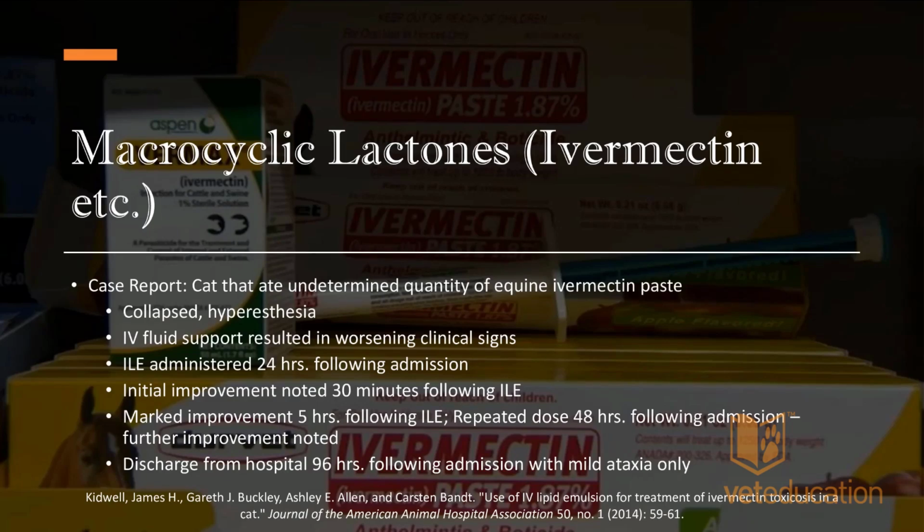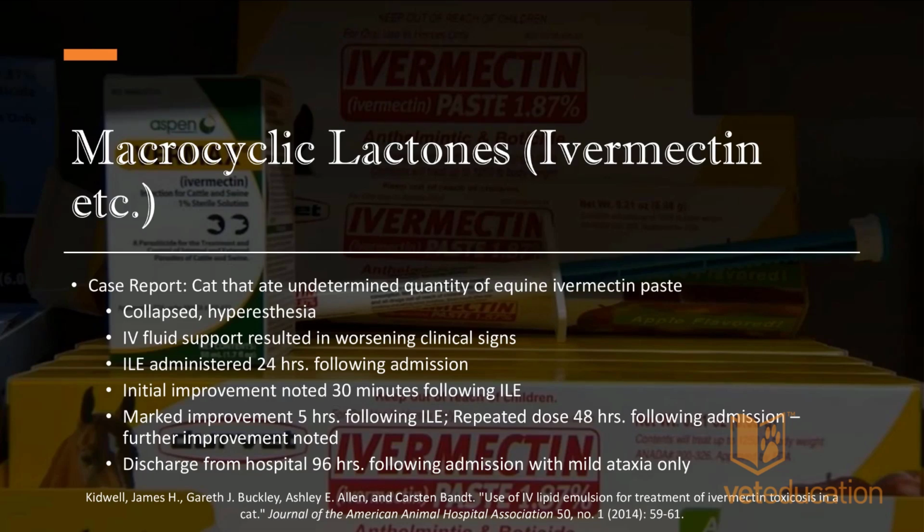So intravenous lipid therapy was administered at 24 hours following admission to hospital. There was an initial improvement noted after that bolus at about 30 minutes following intravenous lipid emulsion therapy, and then a marked improvement in 5 hours following a second dose of intravenous lipid emulsion therapy as well. So they gave one dose at 30 minutes and repeated another dose at 5 hours. Oh, sorry, no, they put her on a continuous infusion after the initial bolus,